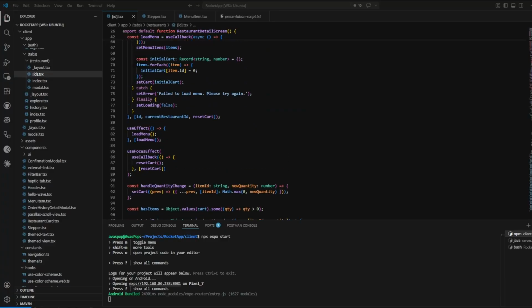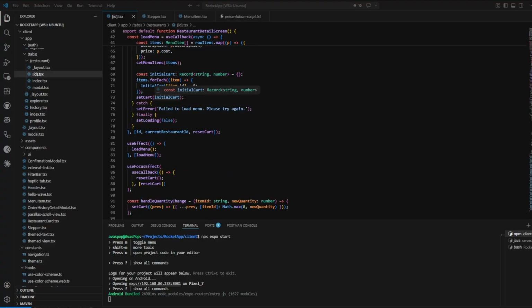Then it's passed to setCart with the functional update. The functional form, passing a callback to setState rather than a value, is used here because the new state depends on the previous state. The spread operator copies all existing key-value pairs from previous into a new object. Then the computed property itemId overwrites just that one entry with Math.max(0,